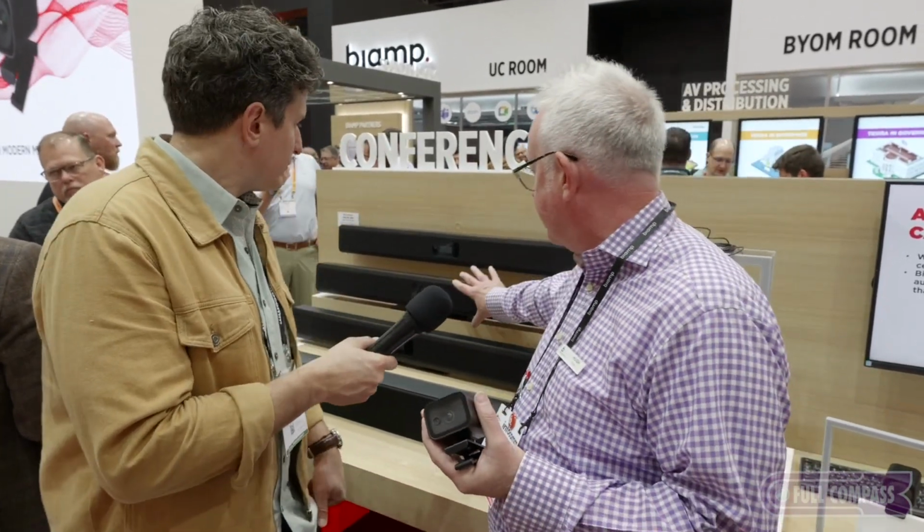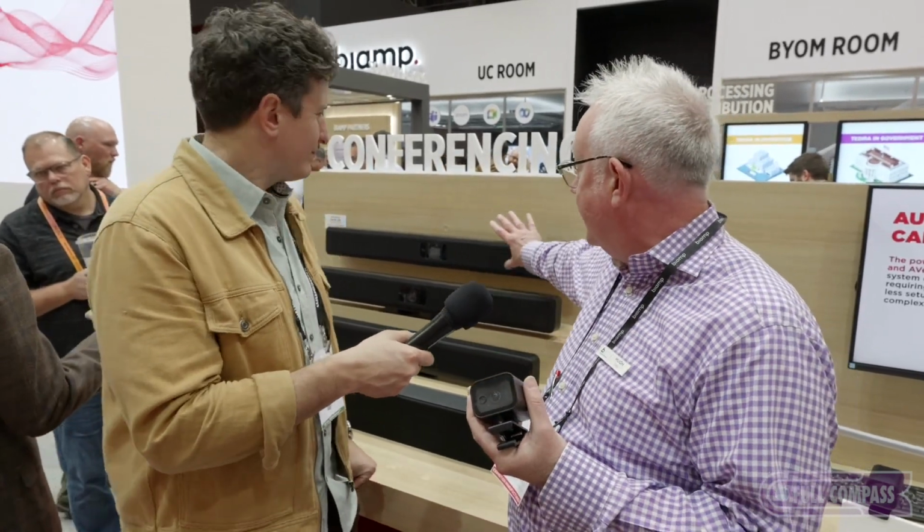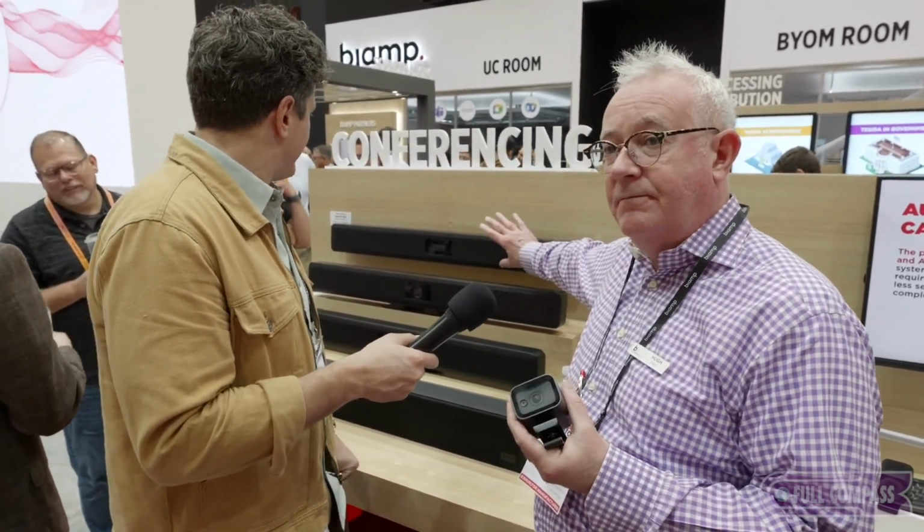That's been a very successful product for us, and this year we are upping our game, and we have now the Parlé VBC-2800. The big change in this is that we've put a new camera into the system. This is a dual lens camera. We have an 8 megapixel 120 degree camera on the front of the unit right here, and that is to pick up the people at the front of the room. And then we have a longer shot 50 megapixel camera that will pick up all the way to the back